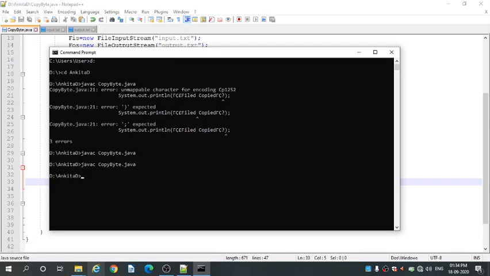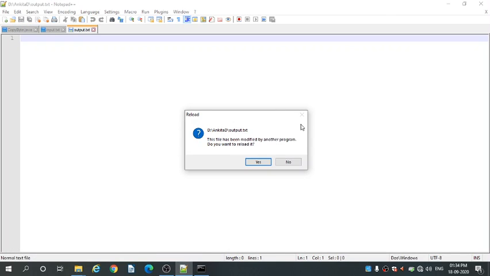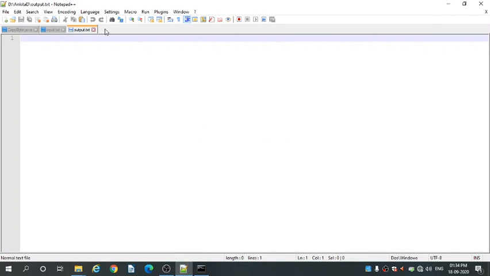Okay. So now the run command is java followed by the program name. Okay. Press enter. This is the output: file copied. You can see by opening the output.txt file.